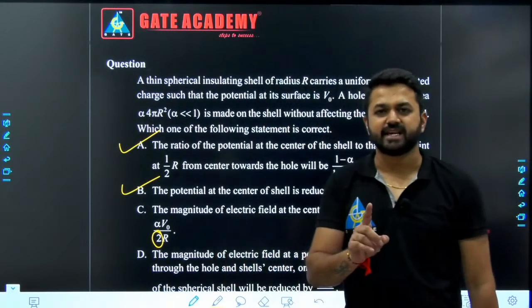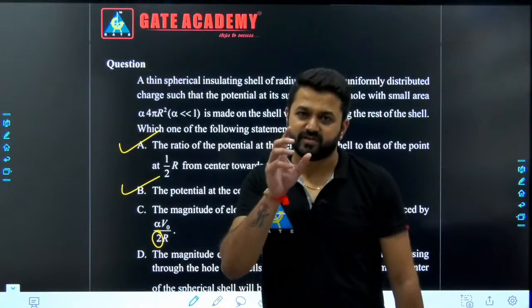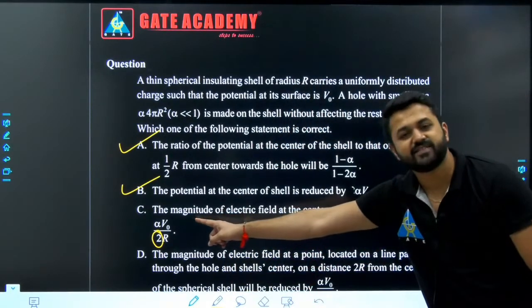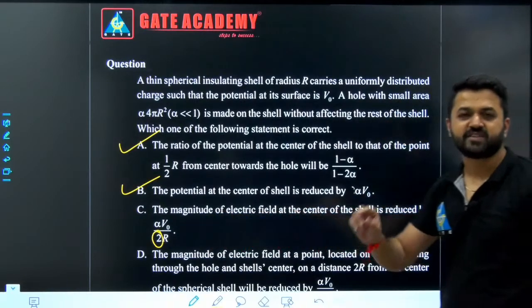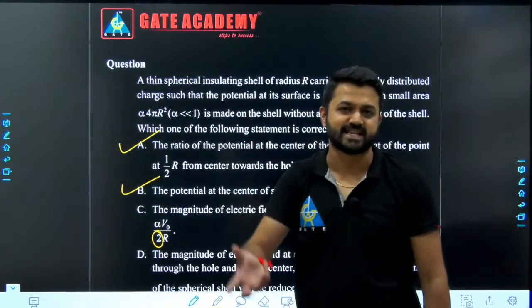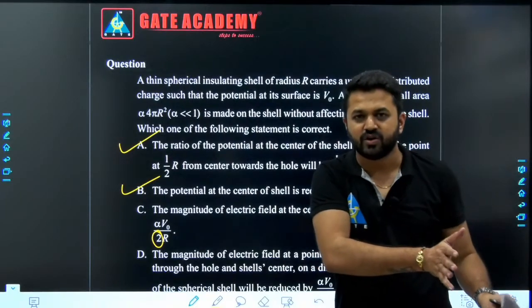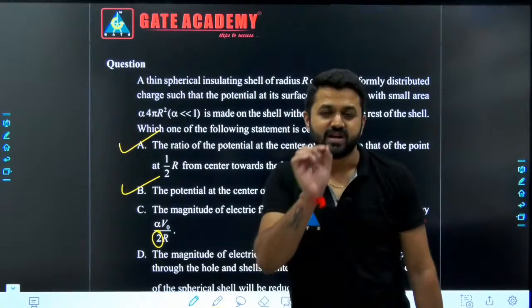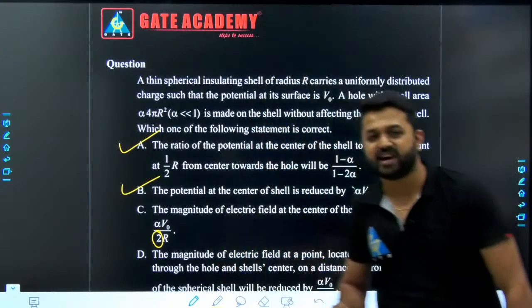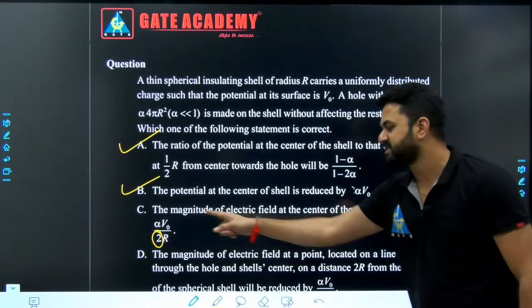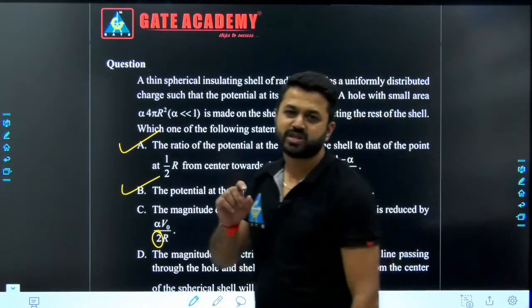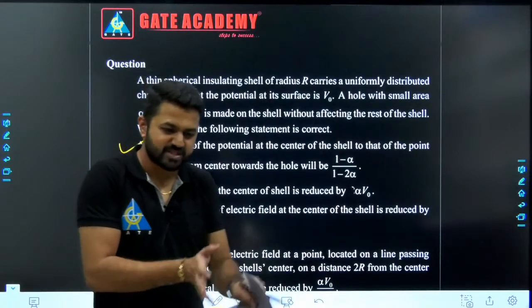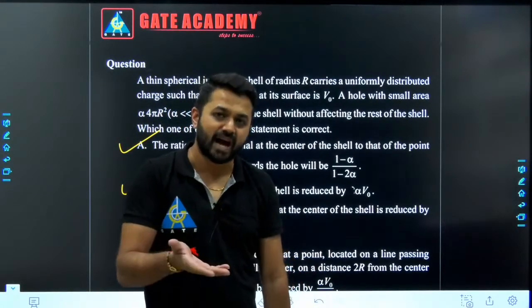So the first thing is, it is not reducing; the magnitude is increasing, because in the option it is given that the magnitude is reduced. The magnitude of electric field is increasing, because previously it was 0, now it is alpha V naught by r. We are talking about the magnitude, so don't consider that minus sign. Why are we not considering the minus sign? Because it has already been written here, the magnitude. So the magnitude is actually increasing, because it was 0, now we have alpha V naught by r,